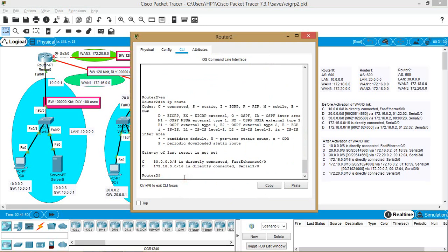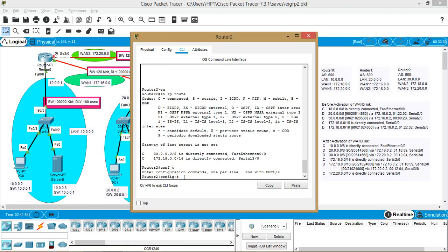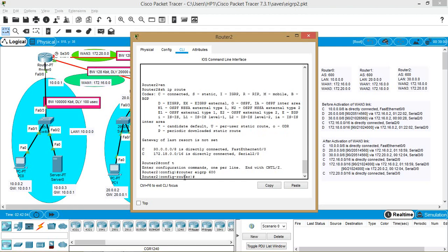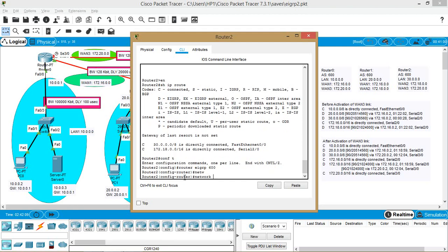Now here again we'll enter the configuration mode using the conf t command. In config mode, we can configure router EIGRP and the autonomous system number is 600. Now let us advertise the direct networks on this router, network 30.0.0.0.